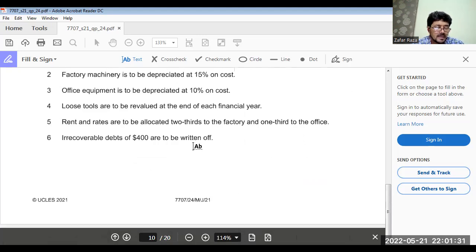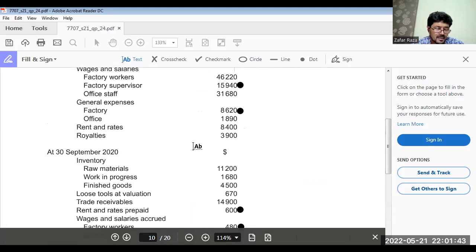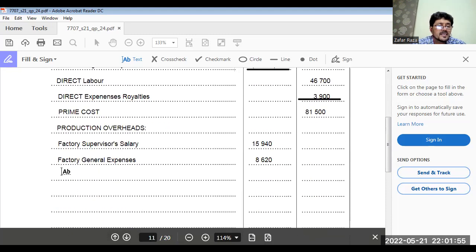Multiply by 2 divided by 3. So 8,400 minus 600 gives 5,200 as our factory rent and rates. Then we have